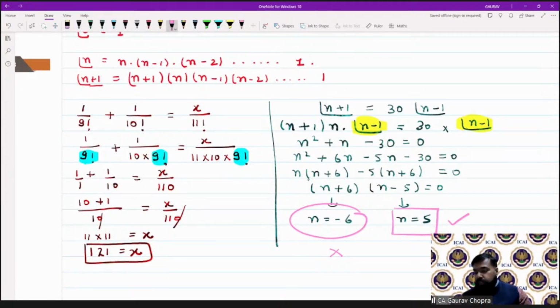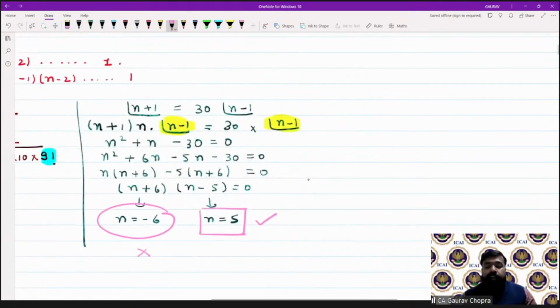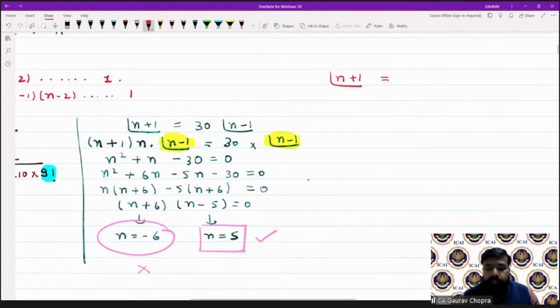Then Mrs. Sadhana Singh is asking about how it becomes n minus 1. See, when we are opening factorial of n plus 1, let's say, how to open it? Just compare it with factorial 6. Factorial 6 means 6 multiply by 5 multiply by 4. In this manner we are opening. That means we are reducing the number by 1. So initially the number is n plus 1. Now we have to subtract 1.